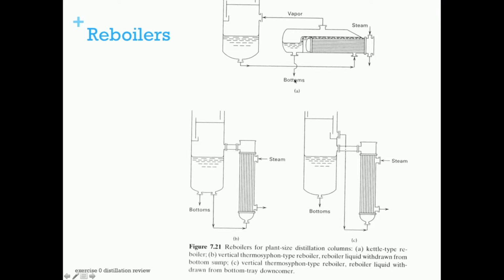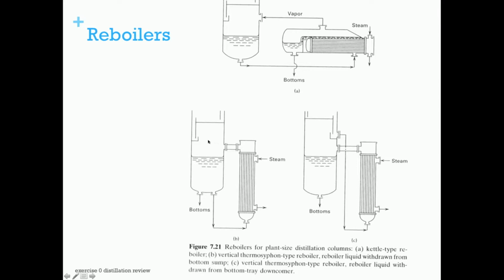An alternative is a vertical thermal siphon. When the bottoms fills up to a specific point, it starts to feed into the bottom of this vertically mounted heat exchanger. So there's material in the tube. Steam enters in the shell side, goes in the top, the liquid condensate of the steam comes out the bottom. And most of the tube surface will be in the liquid phase. There'll be some nucleate boiling at the top of the tubes,